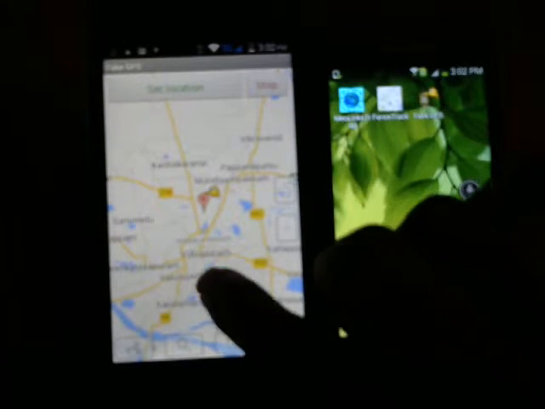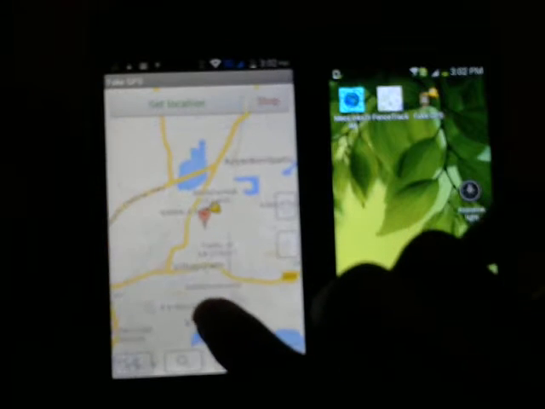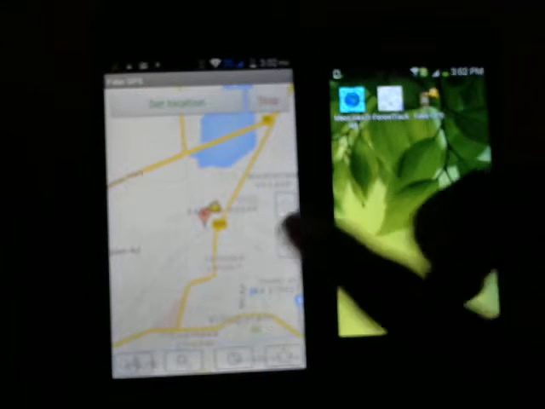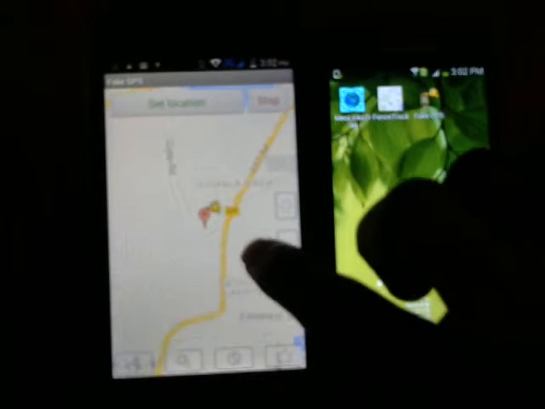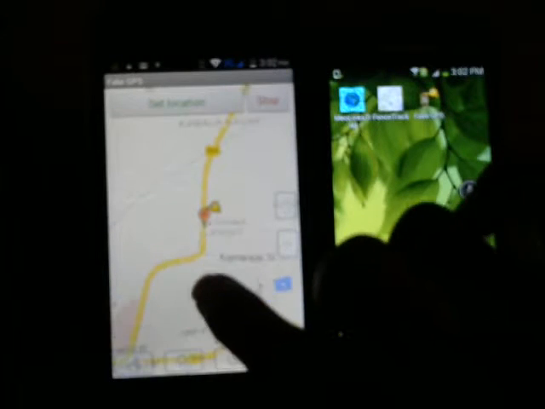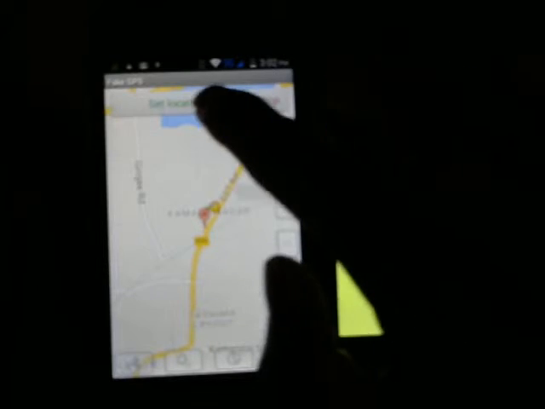See here, here is Villupuram. So I come to Villupuram. So now I am going to set the location.